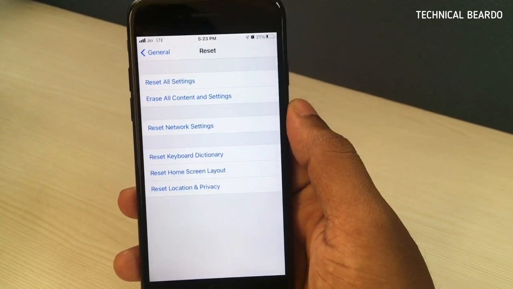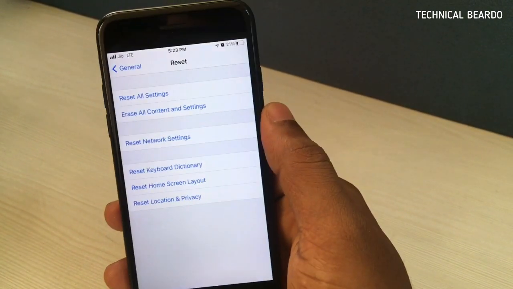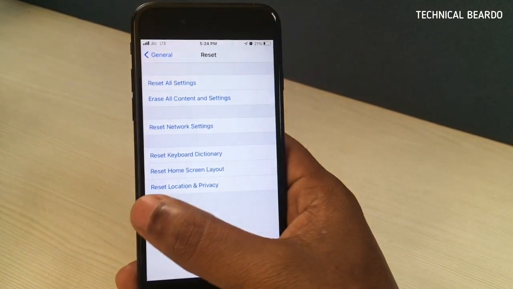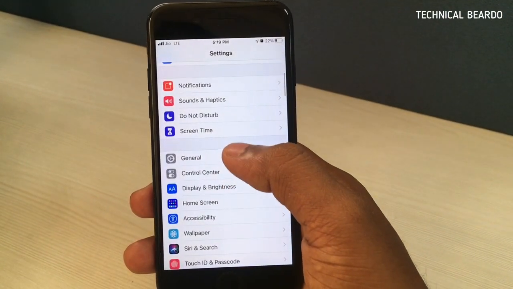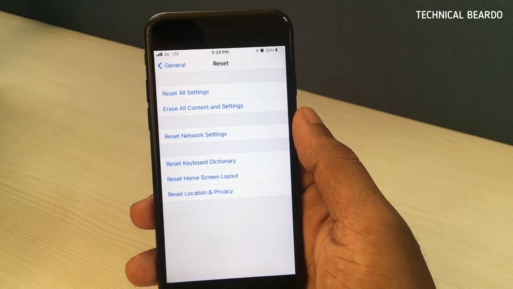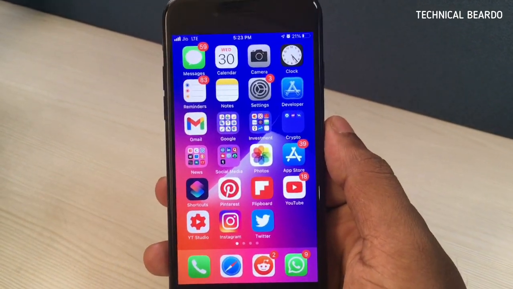So guys, just make sure that if you're trying to reset your device or reset your iPhone, just do a backup of your photos, all the media files, and for your contacts, messages and settings, just do an iCloud backup. After doing the iCloud backup and backing up media files to a computer, then you can just go ahead and do a hard reset of your iPhone.